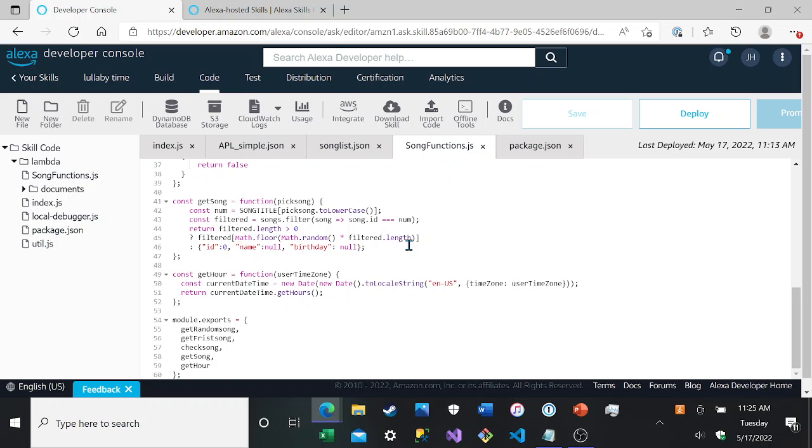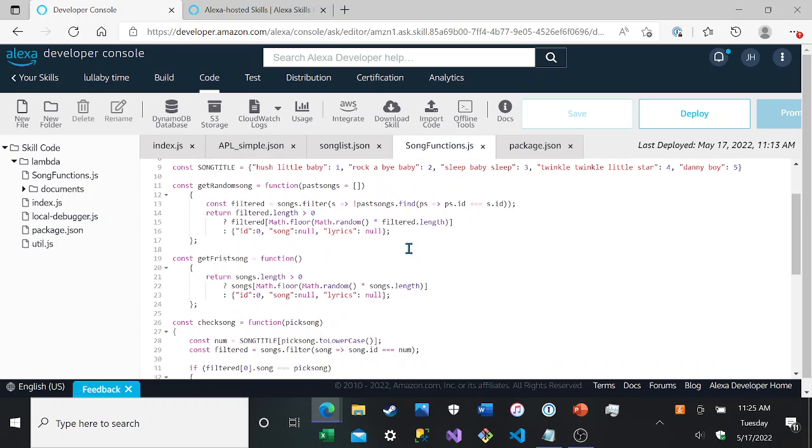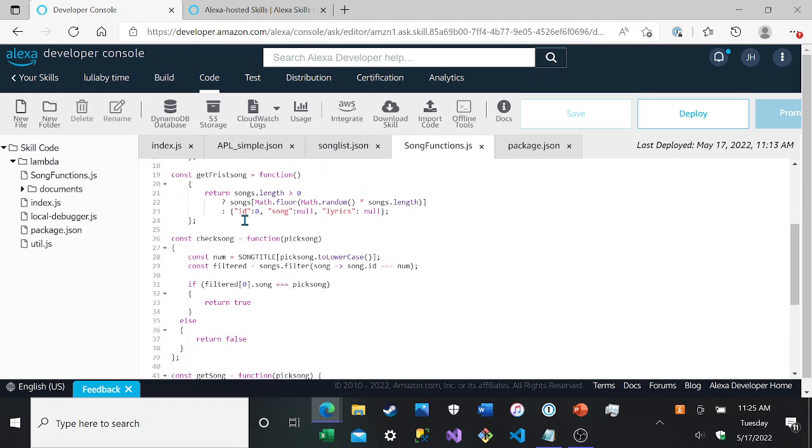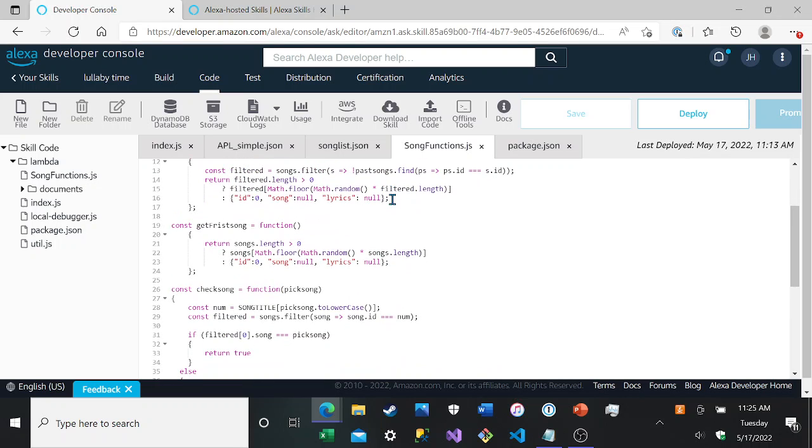And the function for that is right up here. Just like in the development, it will choose the random number by the length, and it will return one index. For the get first, it will just return a random entry, because it's supposed to be random. And there were no other past songs.